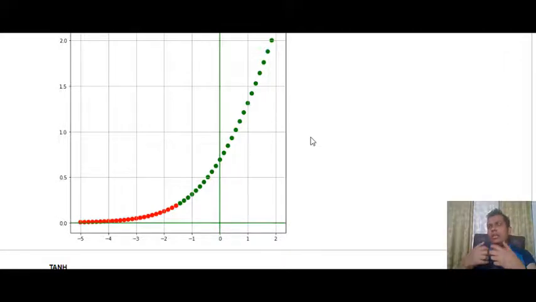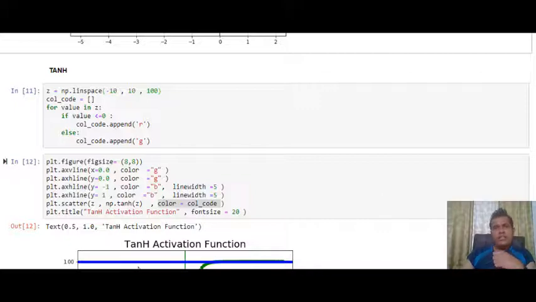Let's discuss another activation function, that is our tanh function. Tanh function is nothing but a mathematical function which we already know. It is something similar to your sigmoid function. It is S-shaped, but the difference between tanh and sigmoid is that sigmoid is from 0 to 1, while tanh would be from -1 to +1. So this is how I am drawing my tanh.